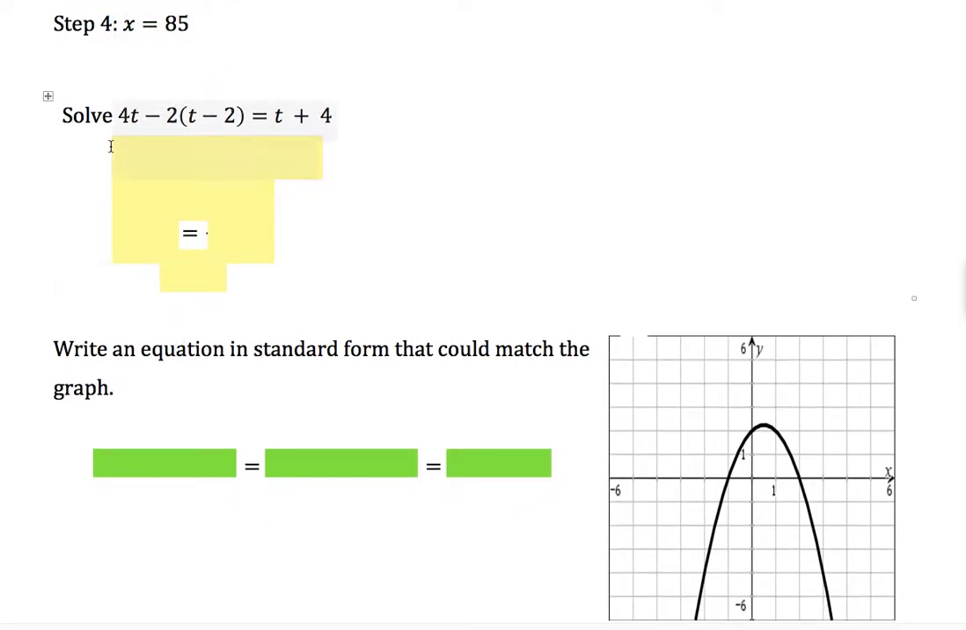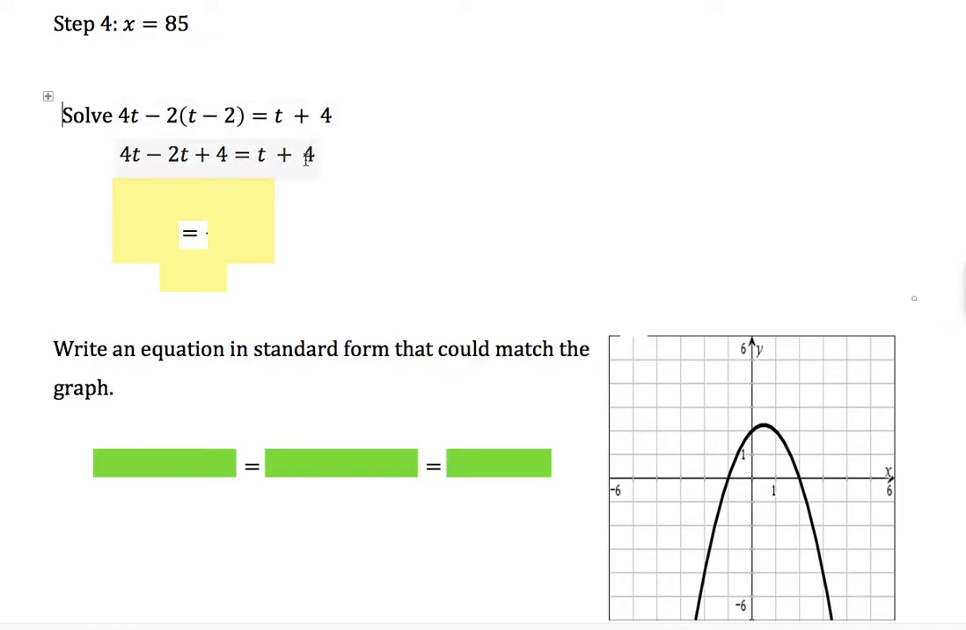And then this one, solve this equation. I just want to solve for t. So the biggest thing is eventually I want to get all my t's on one side of the equation and all my constant terms on the other side. So first I want to go ahead and distribute the 2 throughout this set of parentheses, and it's not just a 2, but it's a negative 2 because I have a minus sign in front. So the 4t is just going to be left alone, and then negative 2 times t is negative 2t, and then negative 2 times negative 2 is going to be a positive 4,